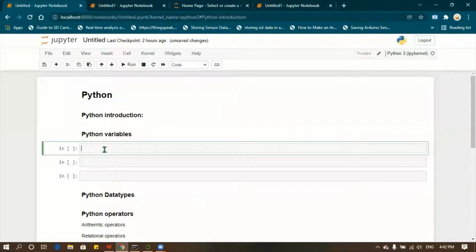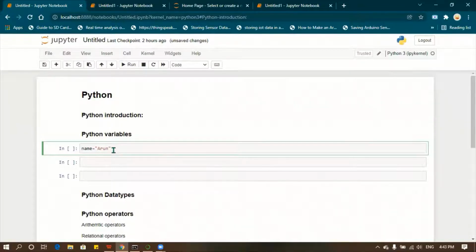Okay, so now let's see how we are going to use our variables. For example, if you are having a name, name equal to quotation. Whenever it is a string, in the sense of letters A, B, C, D, and so on, we don't want to change that value, so those letters should be in quotation marks. It can be either single quotation or double quotation. Name, I'm giving Arun. Here our variable name is name and the value stored in that variable is Arun.